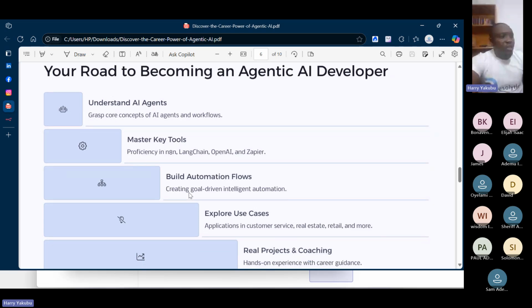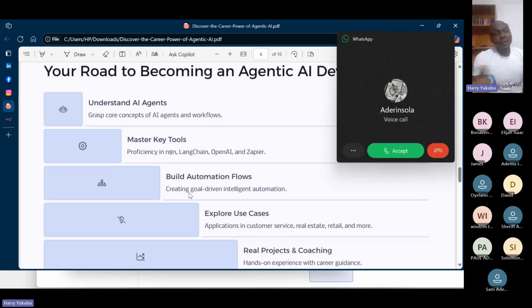Then the next thing is to understand how to build automation flows, which means that the future belongs to those who can create stuff, right? Which means you have the skill set and tools to build anything that you like. More like saying,